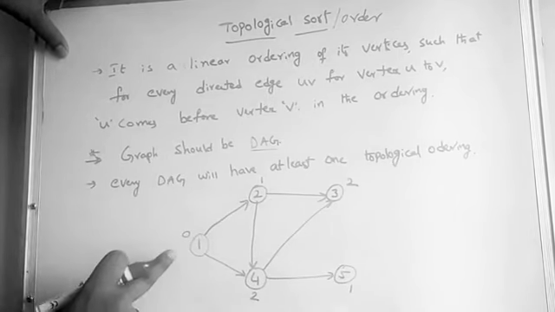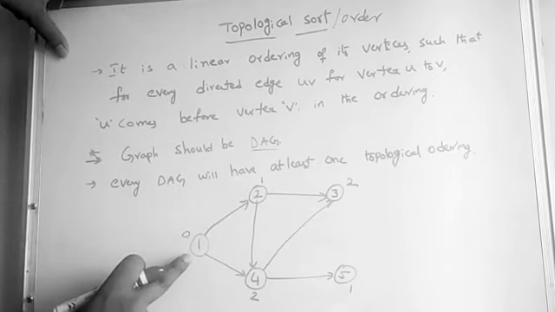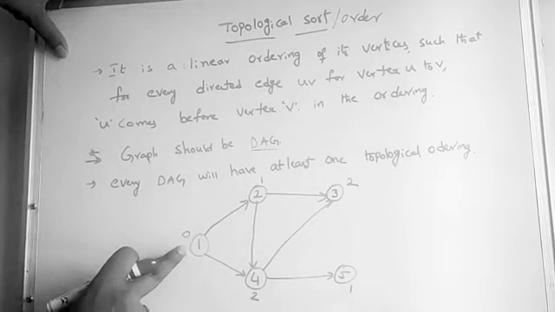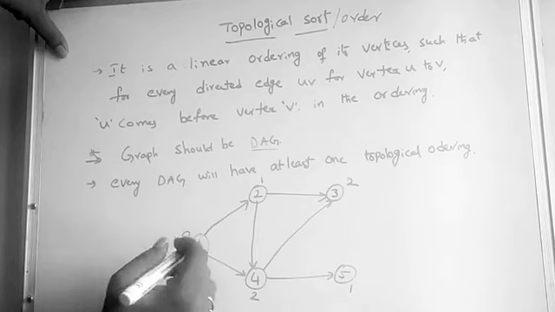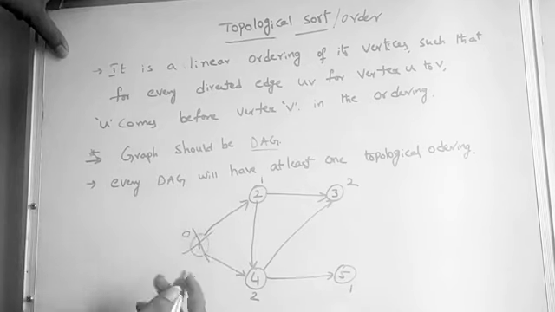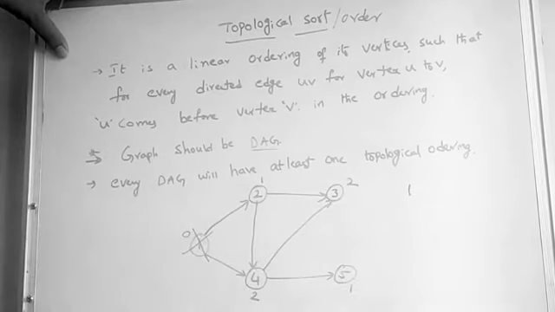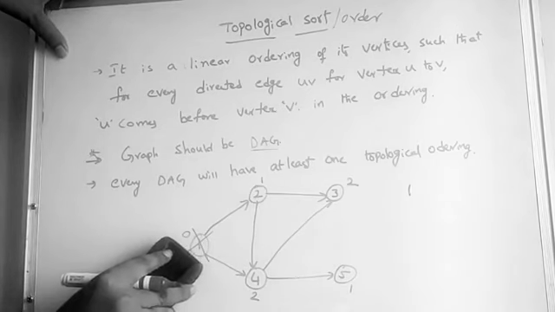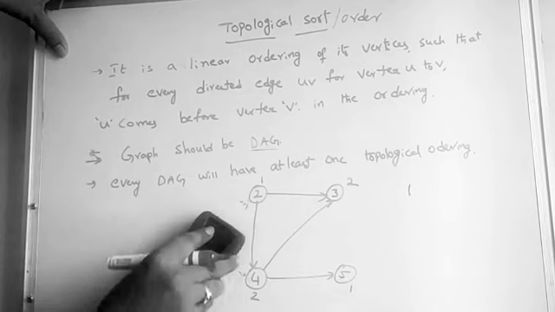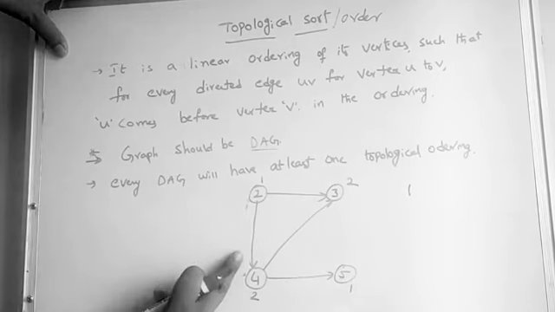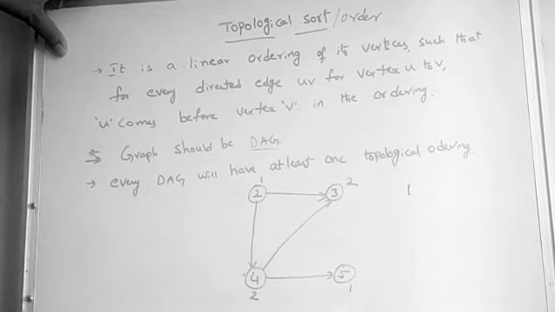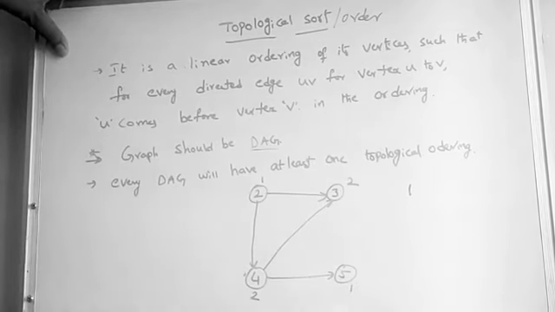Now the vertex having 0 in degree, remove that vertex from the graph. Whichever is removed, put it in the order. This is the first element in the topological order. Next, using the same figure, just erase vertex 1 and its related edges. These edges will be removed. Once the edges are removed from vertex 1, the in degrees change again.